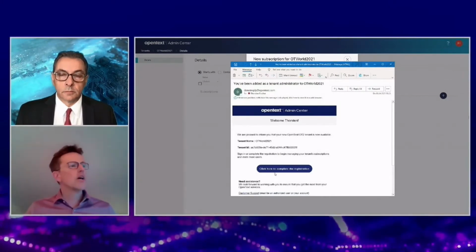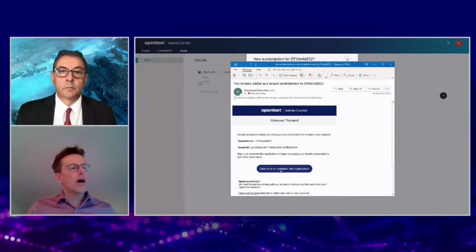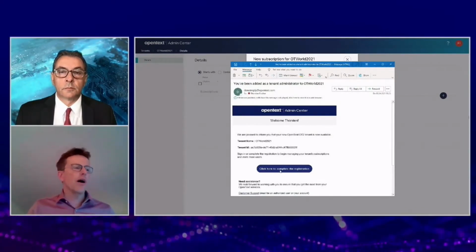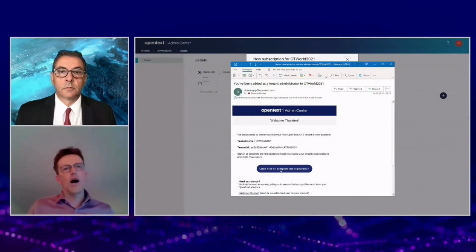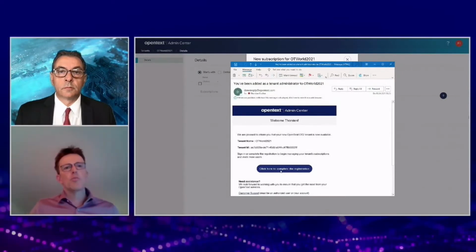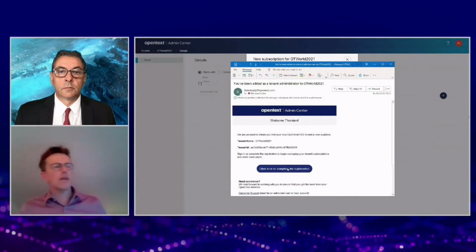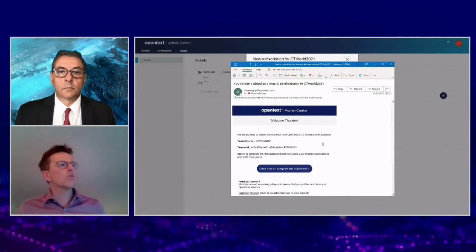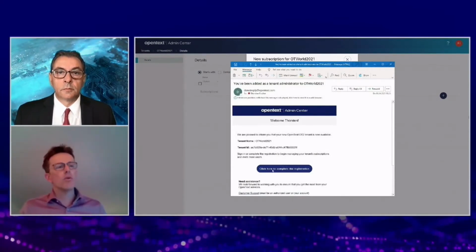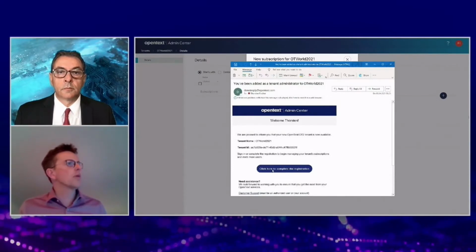So I completed the registration, and also was able to define, for example, other users and add other users to this application. Typically this takes a few seconds or up to 1 or 2 minutes until we get another email with the new subscription confirmation.